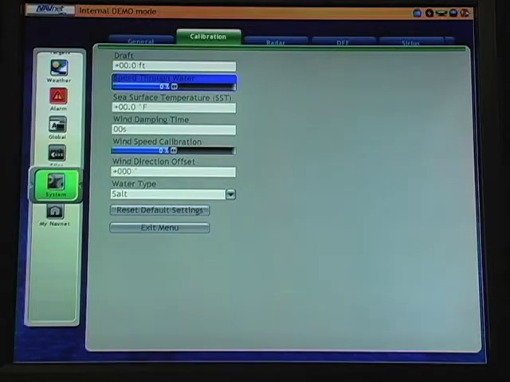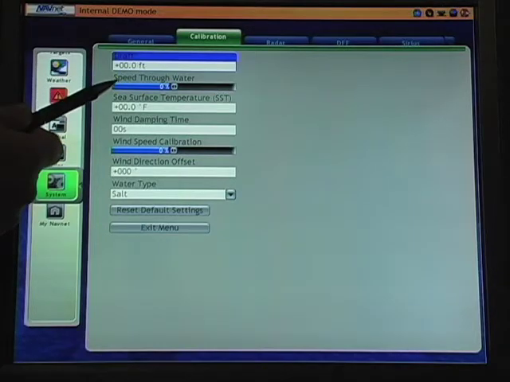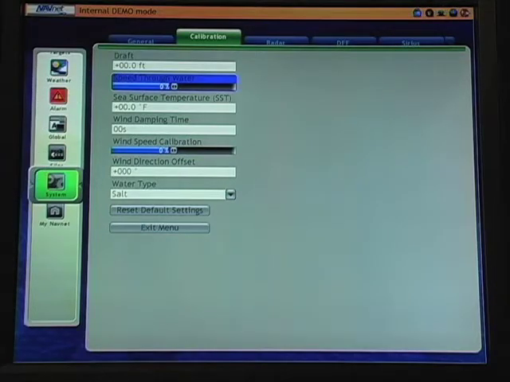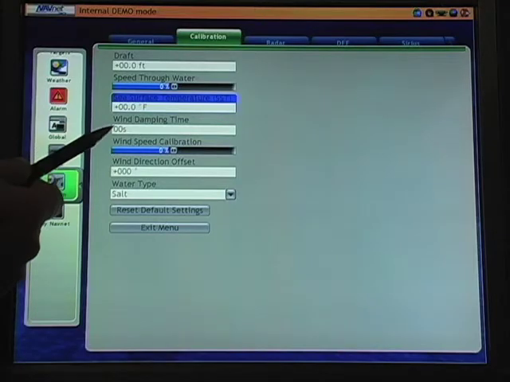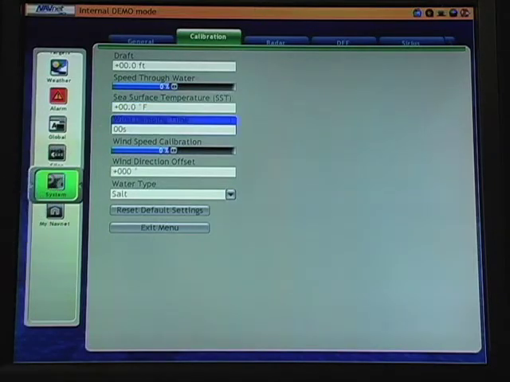After draft, I have calibrations of speed through water. This may be important if I have a speed through water sensor that is partially fouled or that is known to be slightly in deviation from my actual speed when compared to GPS. I can also calibrate sea surface temperature if the thermistor or temperature sensing element in my transducer is known to be degrees off. There are also available wind damping time and wind speed calibration for wind instruments, wind direction offset,